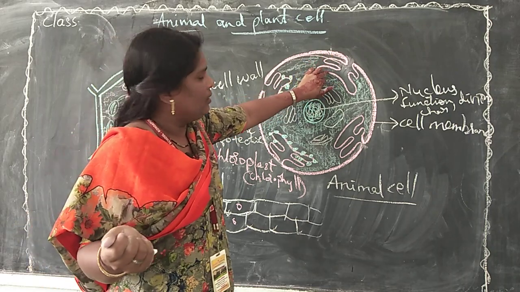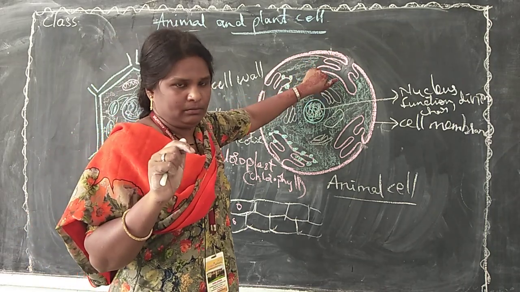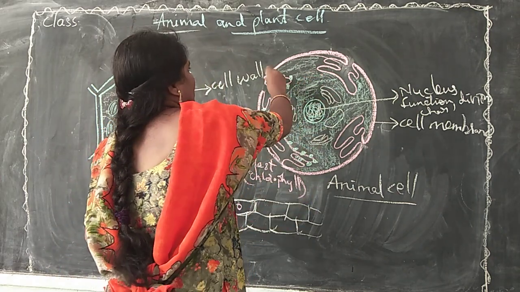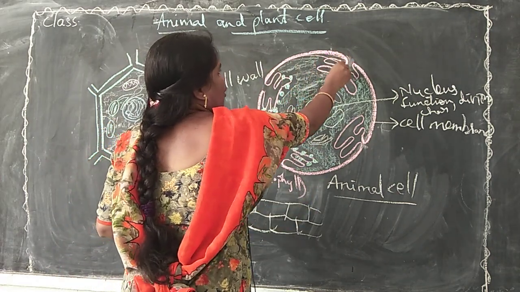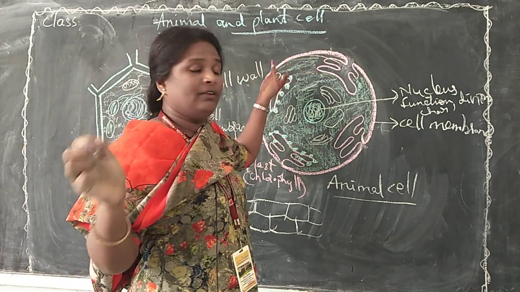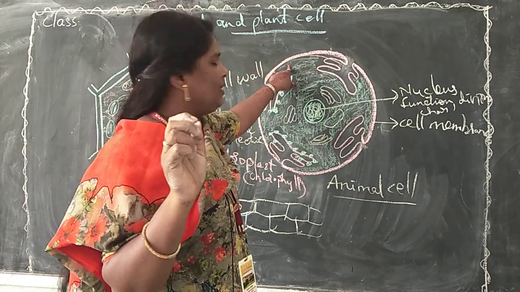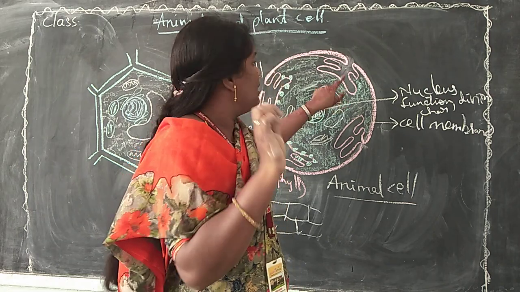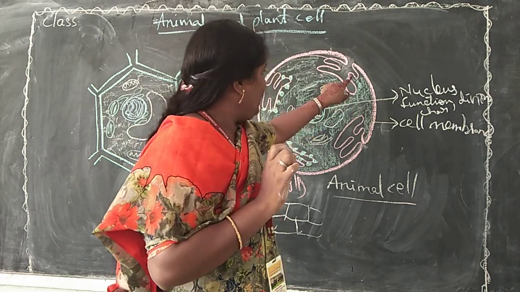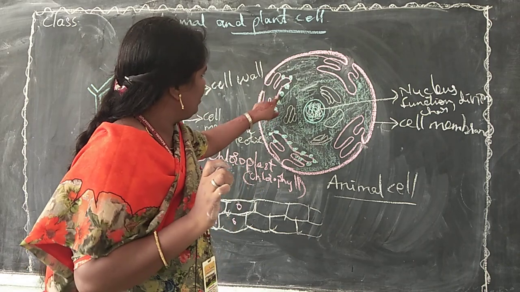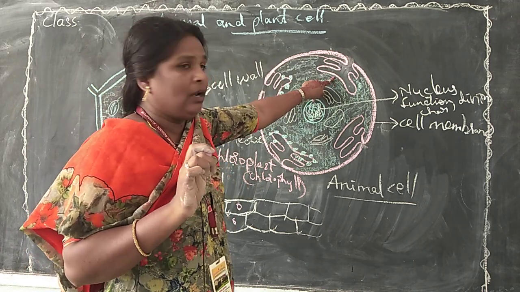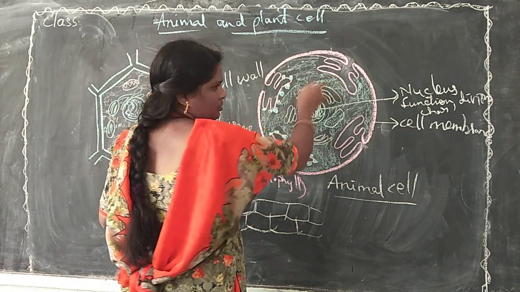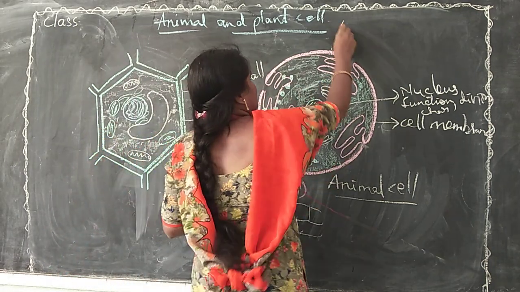Now here is one more characteristic. This is the endoplasmic reticulum. The cell membrane continues, and whatever material is formed with the cell membrane is present in the endoplasmic reticulum. I have drawn here two different types of endoplasmic reticulum. Here some granules are present, and here no granules. Endoplasmic reticulum is of two types.